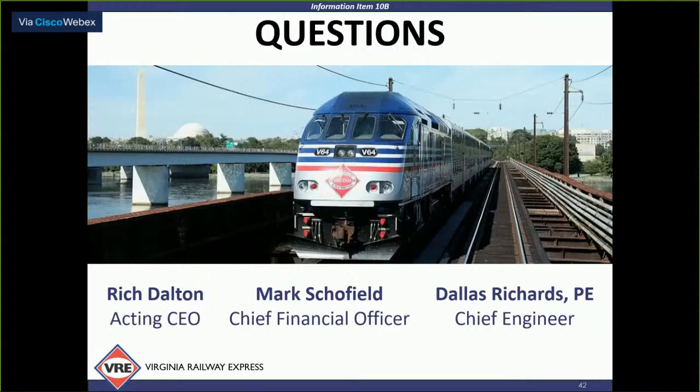And then, of course, this effort took on even greater importance once the pandemic did arrive and the funding projections that we had all been relying on took a hit. And so we have been working very closely with DRPT and their team to look at the options for reallocating or reprogramming those